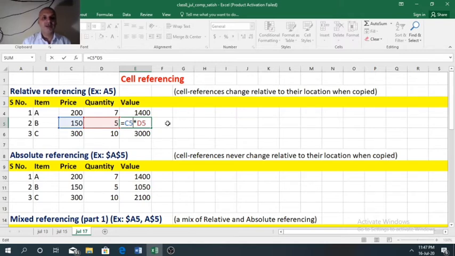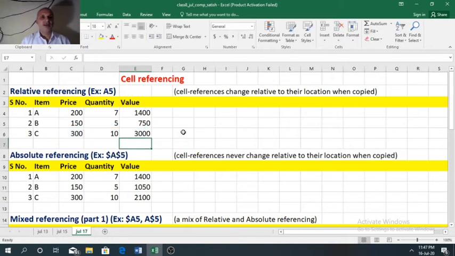If you see the formula here, column names C and D remain the same, only the row number changes from 4 to 5. And in the next cell, C and D remain the same, and the row number changes to 6. So that is the example of relative referencing: when the cell address changes accordingly, the location of the cell changes, that is, the row number is changing here.